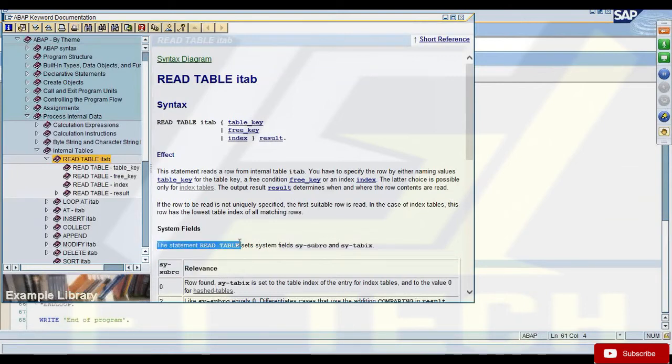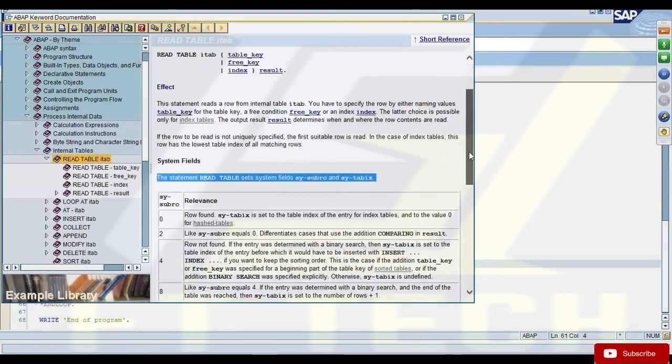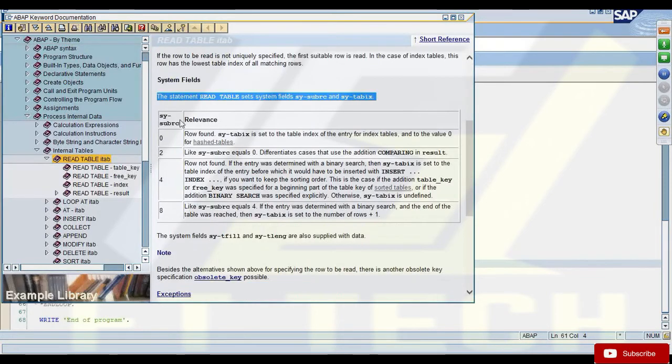The statement read table sets the system fields sy-subrc and sy-tabix. If sy-subrc is 0, at least one record is found; if it has any other value, there is some problem and it could not find the record.